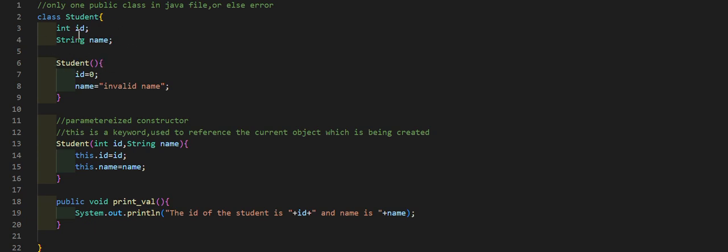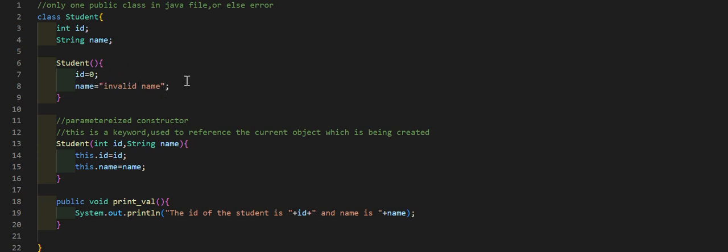So there will be copies of these two attributes made for every particular object we are going to create. So now we know that these two variables can be called data members, attributes, or instance variables.